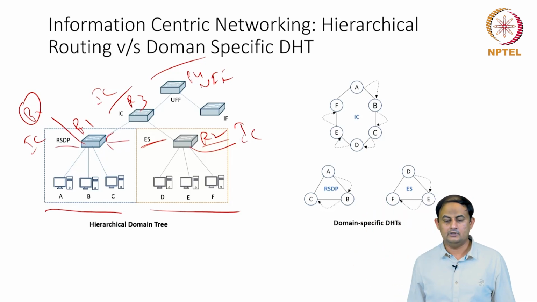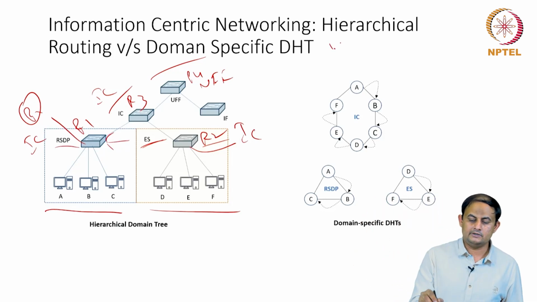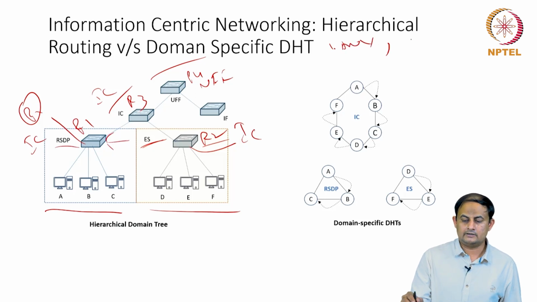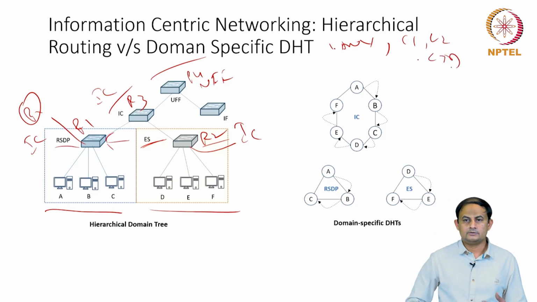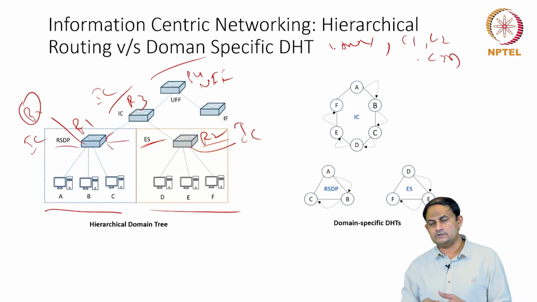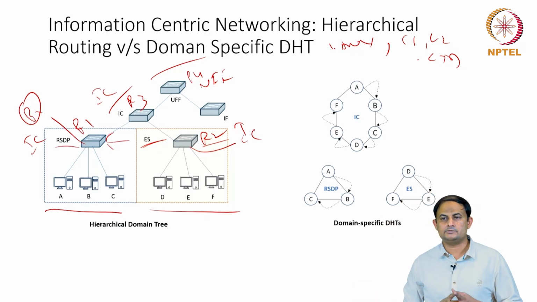So for example, if you are interested in a movie, client number 1, client number 2, and so on up to client number n might be having that content. So for every piece of information, the list of all the clients which have that content is built,